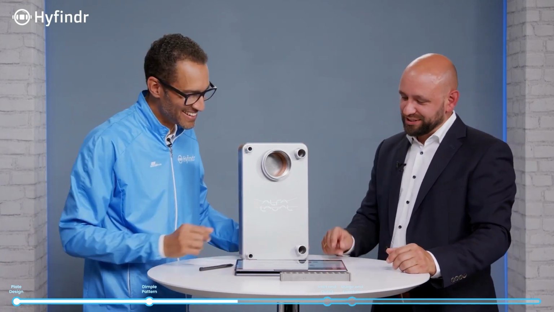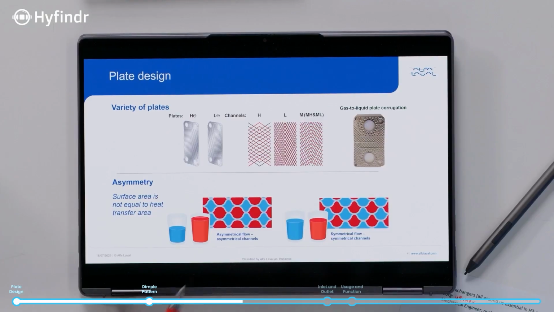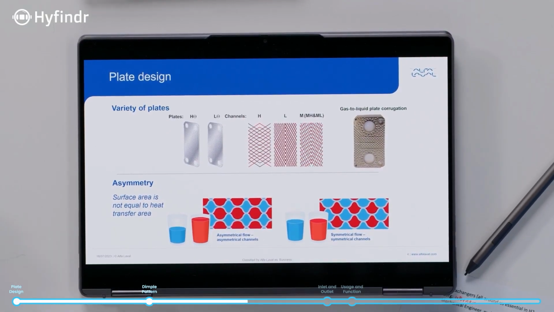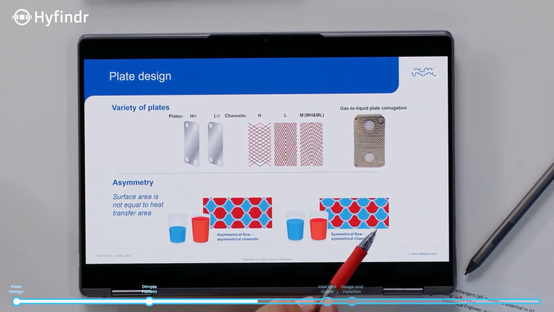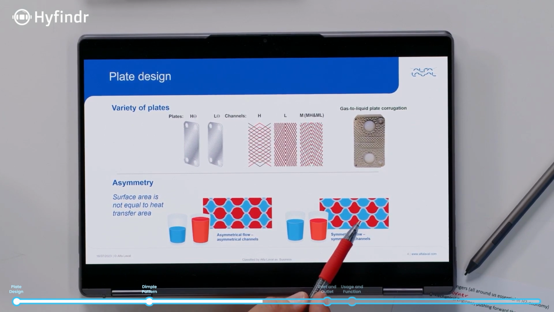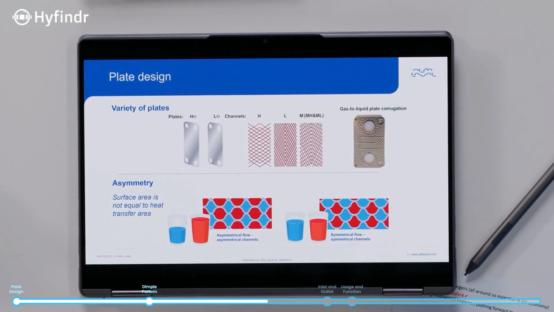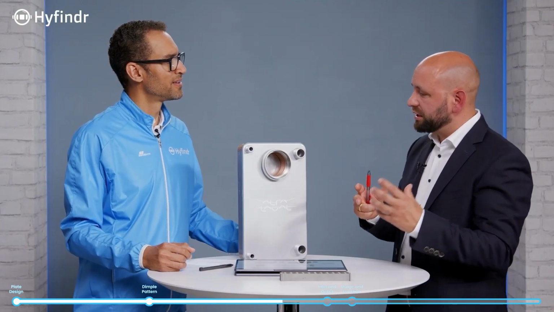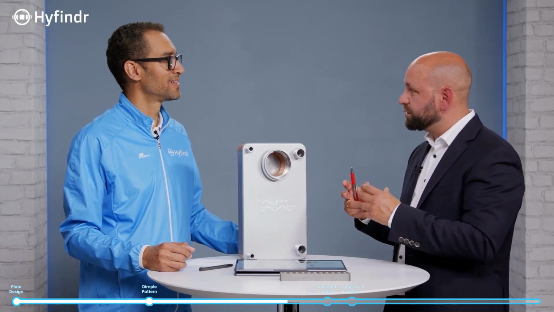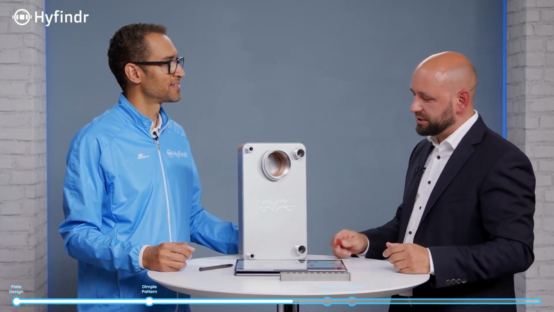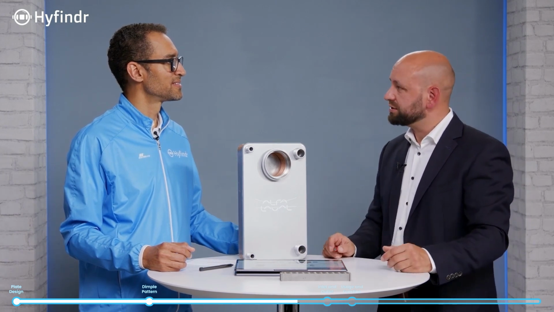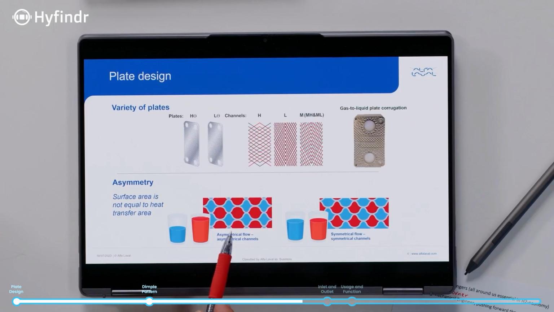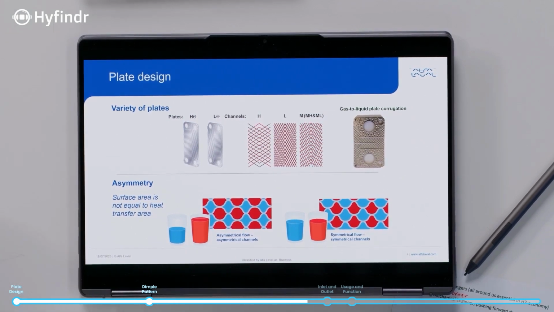Okay. Another point is the asymmetry, as we see it here in this nice sketch. What is asymmetry? Asymmetry is, let's say, a different volume on different sides. With a symmetric standard heat exchanger, you have the same volume on both channel sides. But certain applications require different volumes. For example, the gas to liquid heat exchanger requires a very large volume on the gas side, and a smaller volume on the liquid side. It depends on the specific heat transfer coefficient of each medium. And this is something we use to form different channel types.